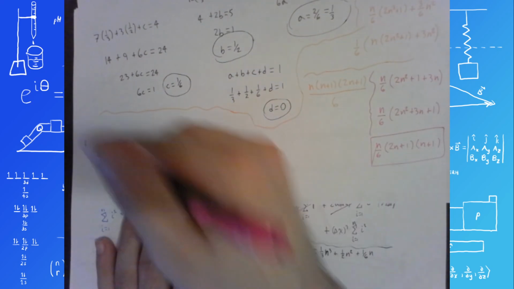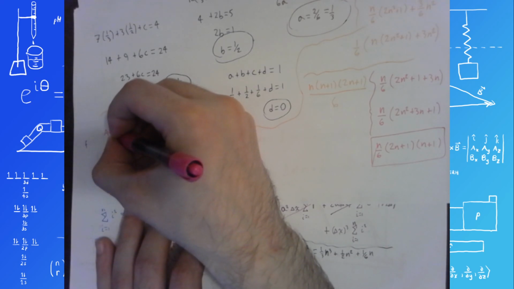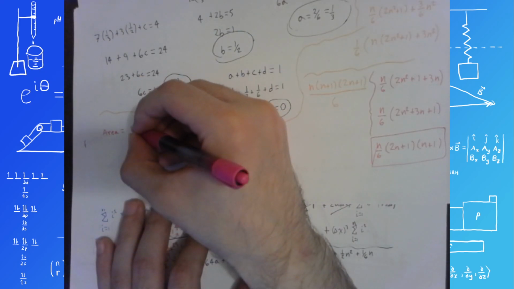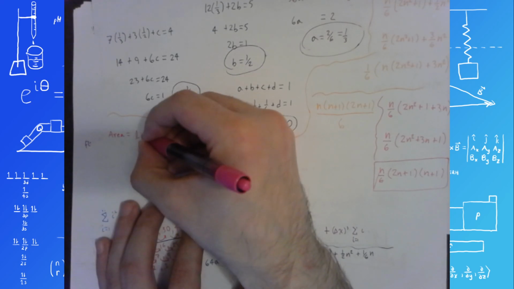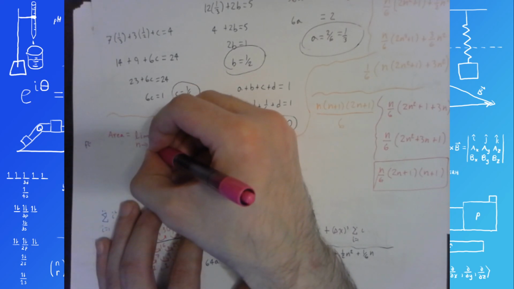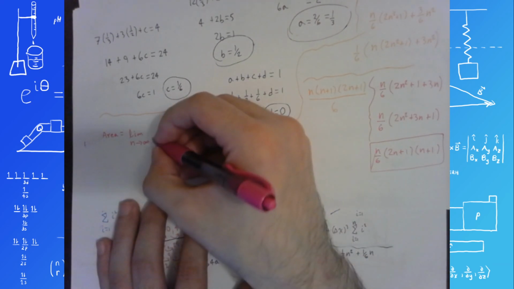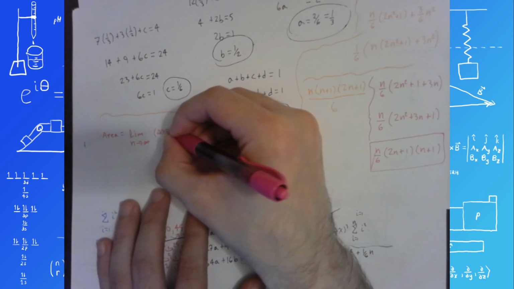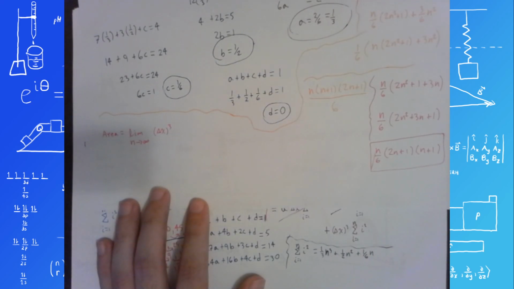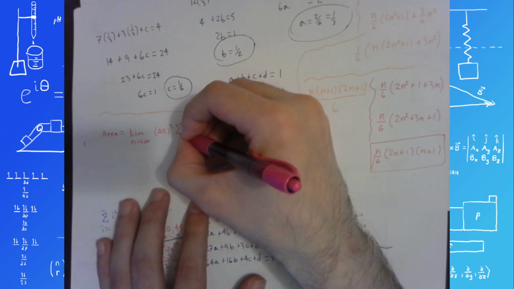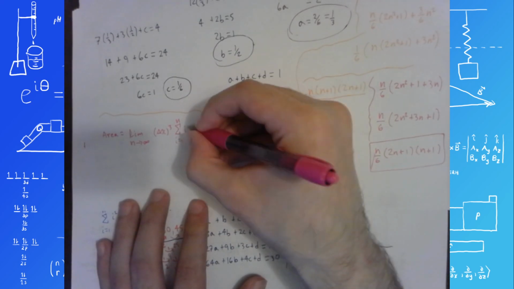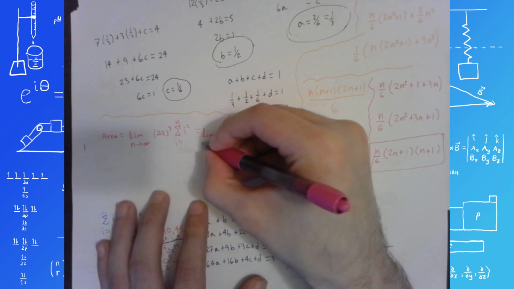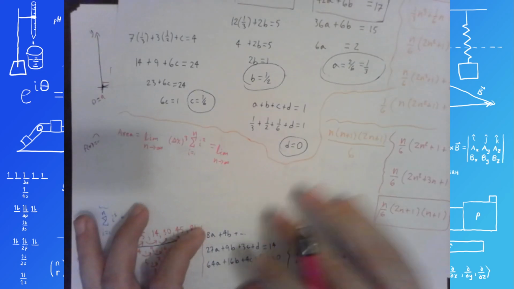So area equals the limit as n approaches infinity of delta x cubed times the sum from 1 to n of i squared, which equals the limit as n approaches infinity of